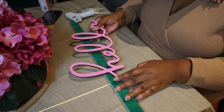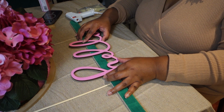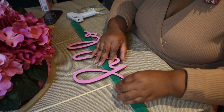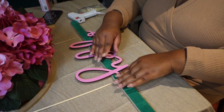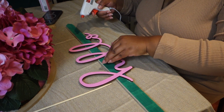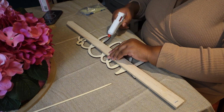As you can imagine, this was very difficult to do. And not being an expert crafter, I really cannot tell you a better way to do this. As you can see, it is a little bit clumsy, and I accidentally glued it a little bit off center, so I had to quickly adjust it as best I could. You can see that I struggled with this, but I did the best that I could, gently lifting up the hello sign like you see I'm trying to do, and putting the glue on just the parts that touch the green